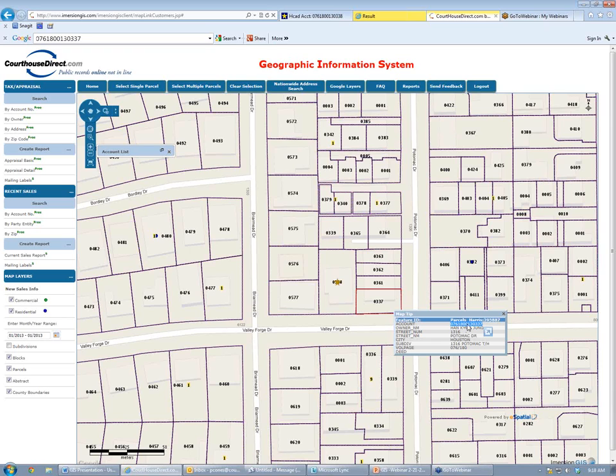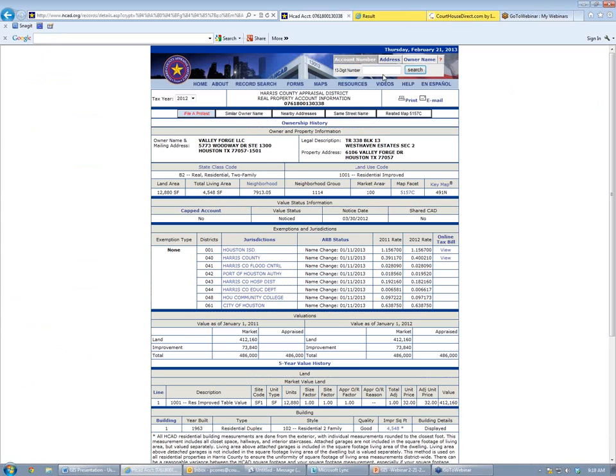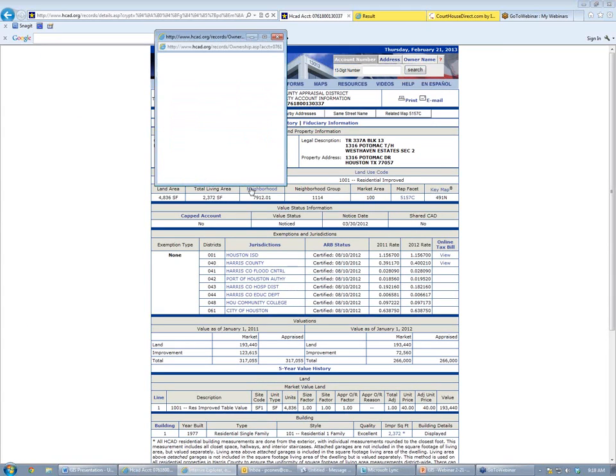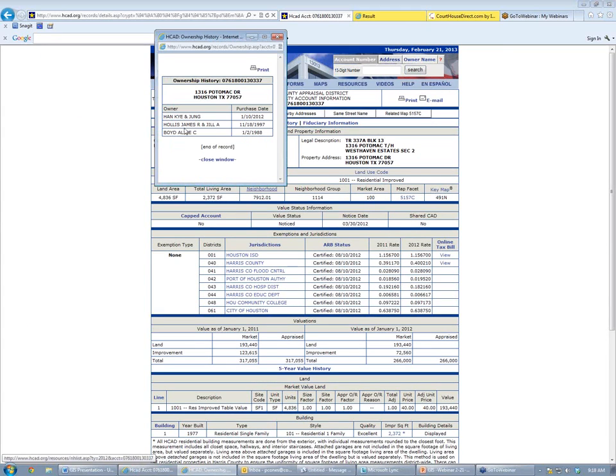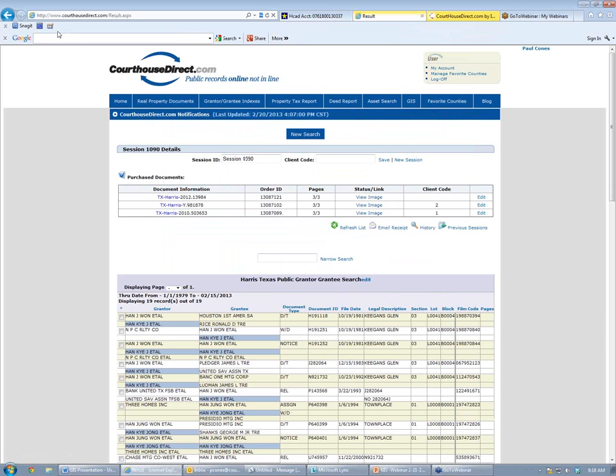The same way that we brought up this map here, and I have my map tip, and I pulled up the name, I can also pull up the account number. So for instance, I can just copy that account number, jump into my appraisal district, paste that in there, and then the nice thing about the appraisal district for Harris County and some other counties is they will show you an ownership history. So if I was wanting to see, well, Hollis owned it back in '97, we've got this K. Hahn person that now owns it, then I can take that information and put it into my search